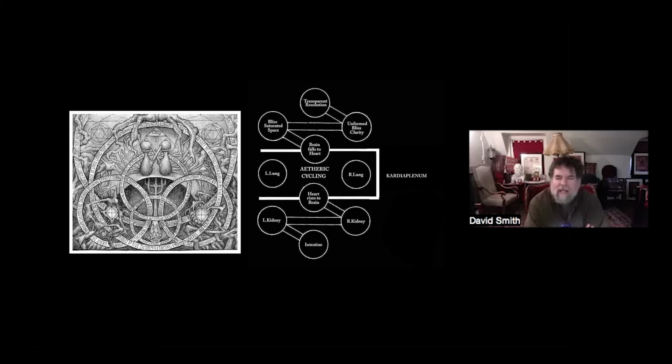Now, remember that the layout that we're using here is the aspirational model of the tree without dot. We're using a model here of what we would like to be, not what we currently are. In the standard tree, where dot displaces the middle pillar, Yesod appears below Hod and Netzach, and Malkut is dangled out the bottom. But if you're a practitioner actively holding the view and training your mind, Yesod is not in that lower position, but above the powers of thought and feeling, above what in this diagram would be the right and left kidneys,